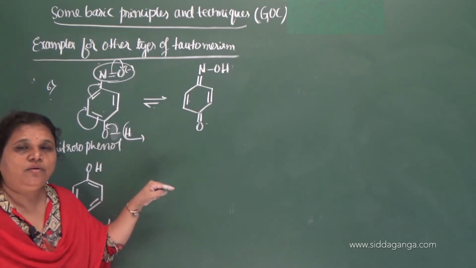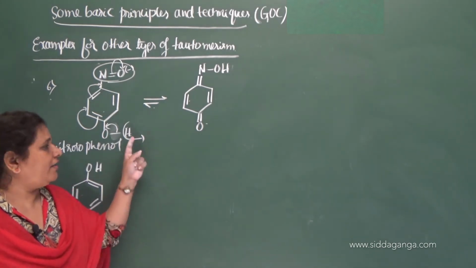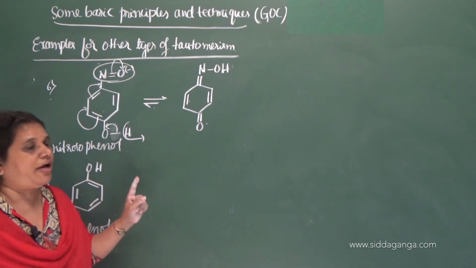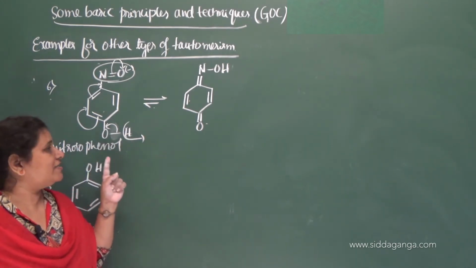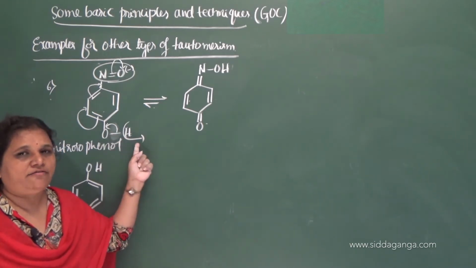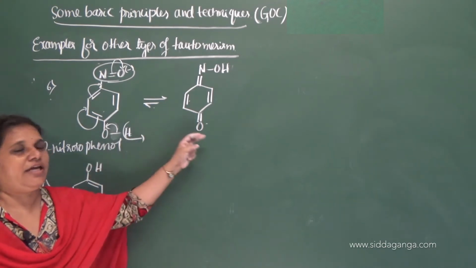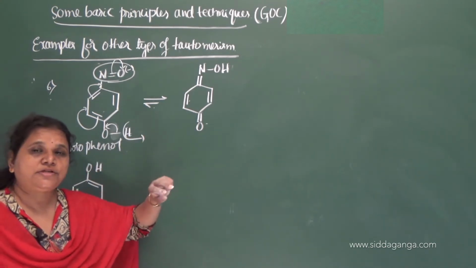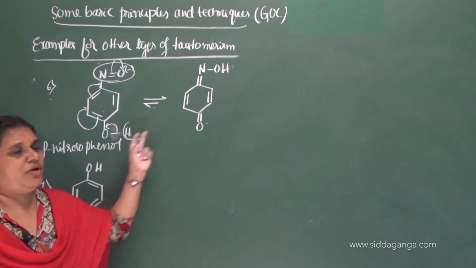migrated from the alpha atom, and therefore this is definitely the alpha hydrogen when it is bonded to more electronegative atom. When it is bonded to more electronegative atom, this is acidic and this is alpha hydrogen. Just I converted enol form to keto form. So this is conversion of keto to enol form, and this is conversion of enol to keto form.